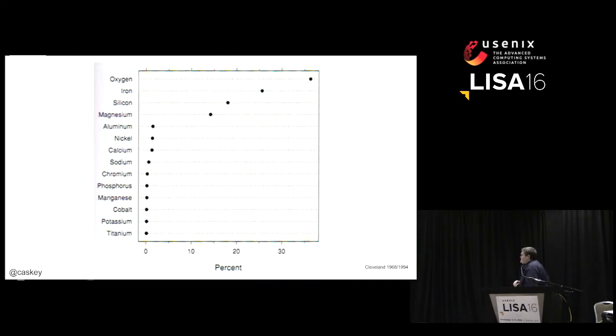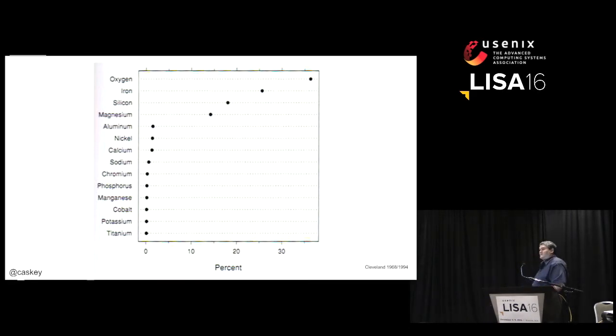And this is percent composition of elements in meteorites. That's what it is. So we start out here, and it looks like meteorites are mostly oxygen. Well, that's good news. Oxygen's a great thing. And then we got a little bit of iron, and then silicon, and magnesium, and aluminum, and nickel, and calcium, and sodium, and chromium. There's a song in here somewhere, but I'm not that kind of person. If this was a Disney presentation, we would have a lot of fun with it. But once we get down below chromium, like we can say that there's just a crap ton of magnesium compared to aluminum, right? Like at least 5 times. But what is the relationship between chromium and potassium? It looks like there's almost none whatsoever, right?